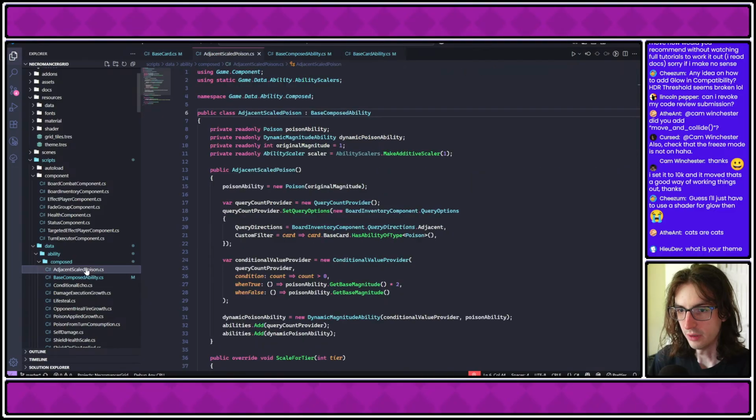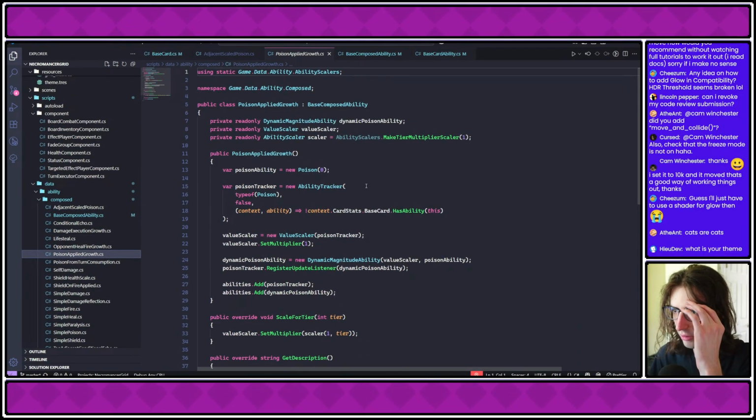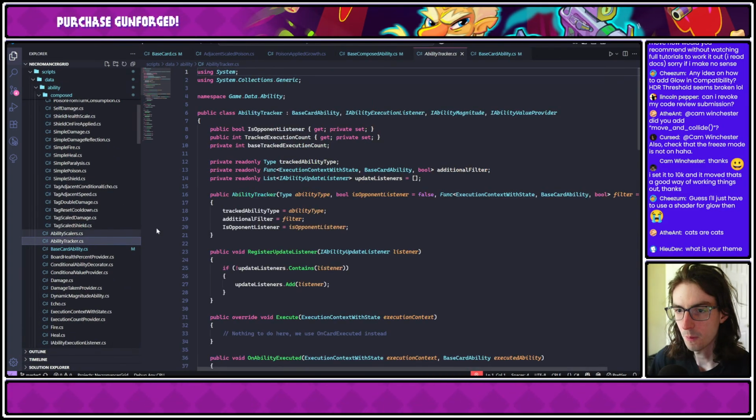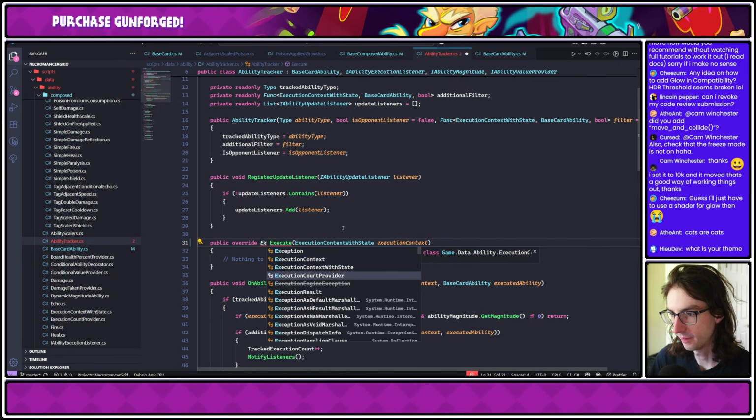Do I have to go through all of these? No, I don't have to update any of the composed abilities because when execute is called on them, they actually don't do anything. Ability tracker. Yeah, so we'll just do this. This is going to be a little bit tedious, but